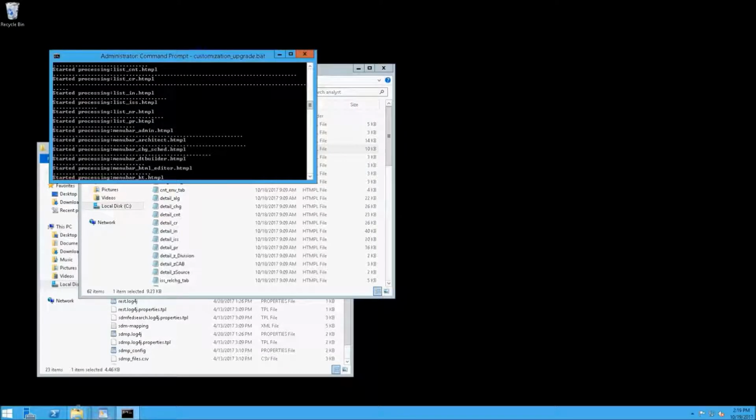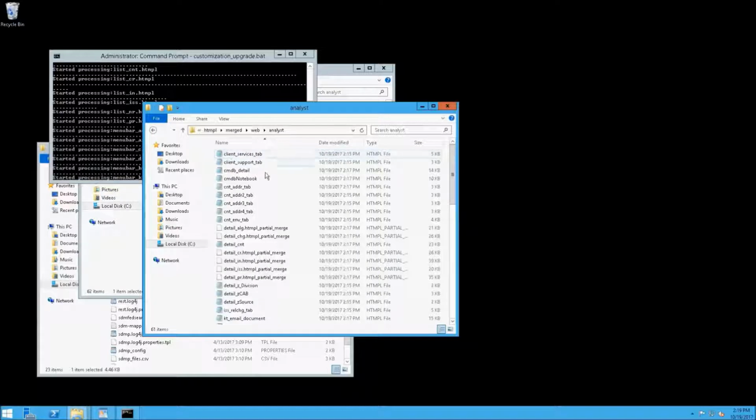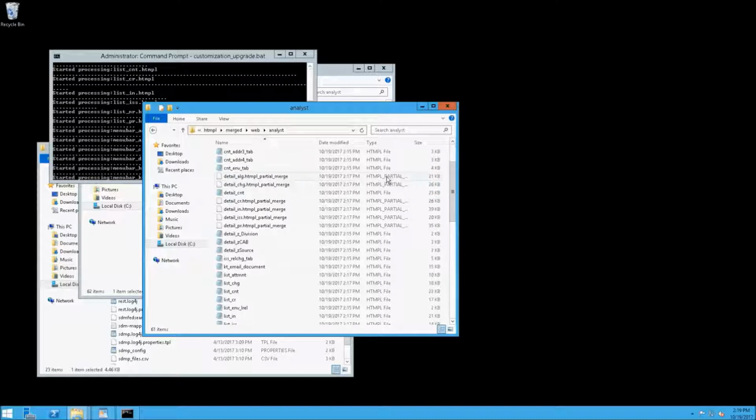So let's review the customizations that were merged. I can go into the HTMPL merge directory, and there I can see all the files that were merged. Anything that was successfully merged will be listed as the HTMPL file. Things that were unsuccessfully merged will be given